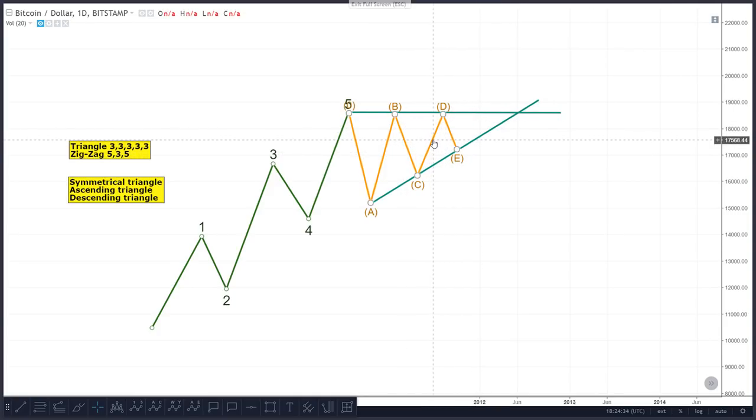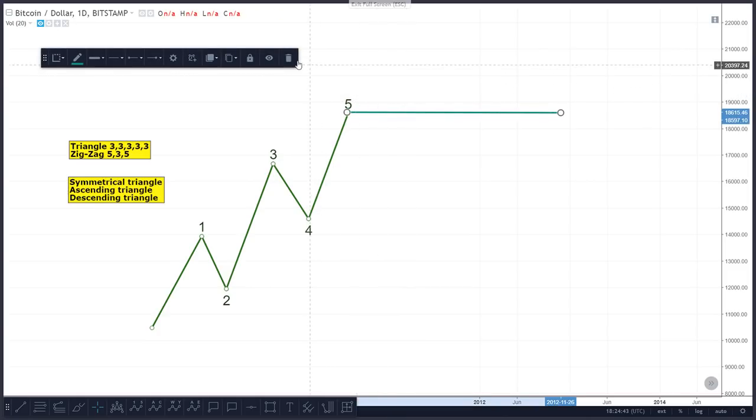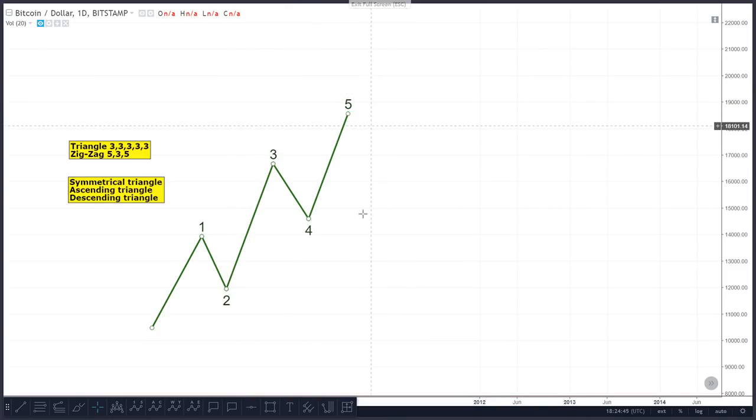Alright, so the last type of triangle is a descending triangle. Now these are more common if the market is trending downwards, but for these demonstrations I'm just showing it in an upward trending market here. But you can see the descending triangle in an uptrending market. So what you'll get is wave A,